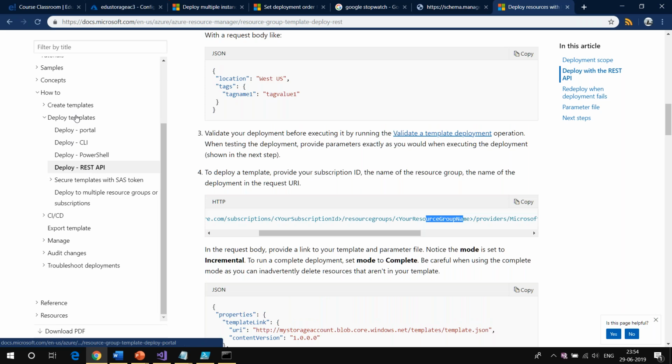So can you see, guys, you can deploy the template via portal. You can deploy it via CLI. You can deploy it via PowerShell. You can deploy it via REST API. Or if you want to deploy it via code, you can do that as well. That is how you can deploy the ARM templates in a number of ways. Okay, Prashant, does that answer your question? Okay, so guys, that's all I see in the questions.